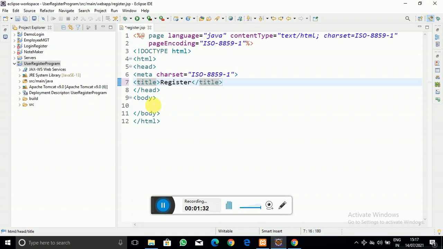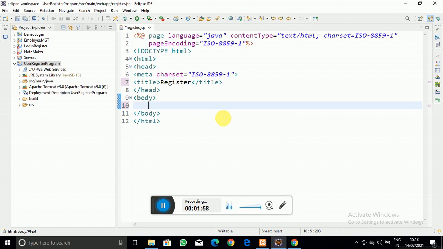Here you can see that what we require is a registration form which is going to accept the username, email ID and password, with two fields, that is enter password and confirm password. So for that purpose we require four input fields.